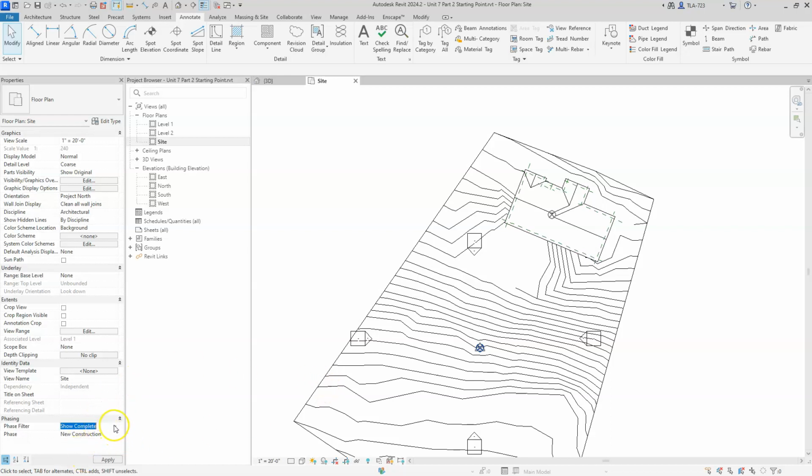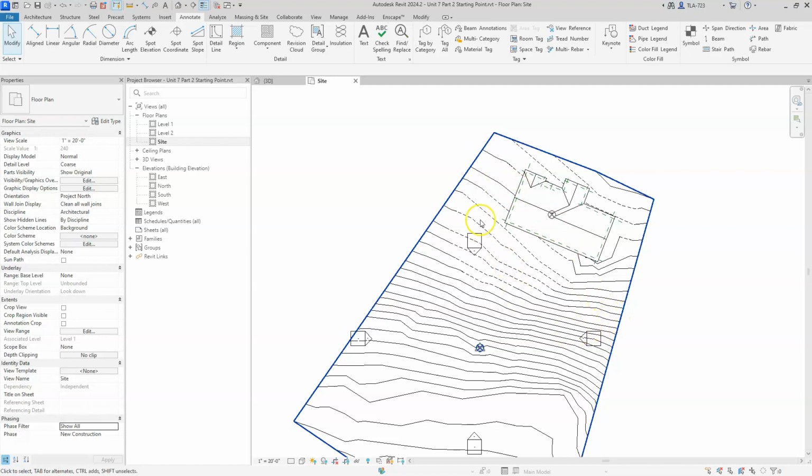Okay, so let's take a look at some of these other phase filters. We're going to say show all, and that's going to basically show you the revised or the old as a demo, right? And the existing as the solid lines. We'll go down here and say show demo plus new. I don't think this one really changed much. No, it doesn't, because that's actually showing both anyway. You just can't see the new underneath the demo. So for topography, these phase filters maybe aren't as relevant or useful,